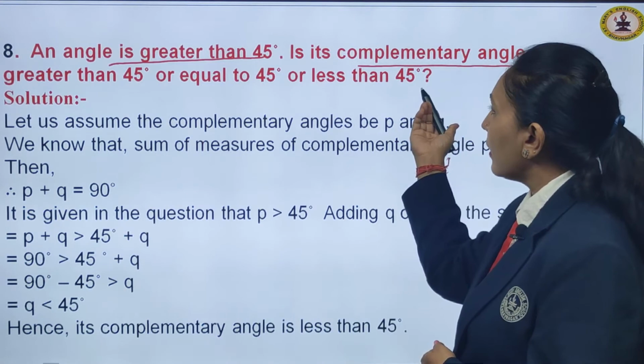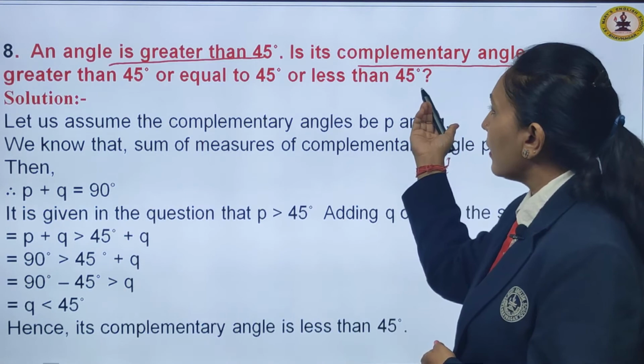Suppose, children, this is the practical thing. If you want to do just a calculation, suppose the angle is greater than 45, it is given to us, I take that angle as 55, right? What is the complementary angle? If I want to find out, for 55 degrees, I will subtract 55 from 90 degrees. What will I get, children, here? I will get 35 degrees here. That means 35 degrees is always less than 45 degrees. It is just a simple calculation. Instead of doing this, you can use this also, but a bit of calculative work you have to do here. Similarly, I gave you just a hint of how it works here.